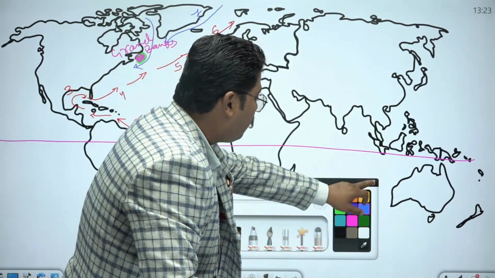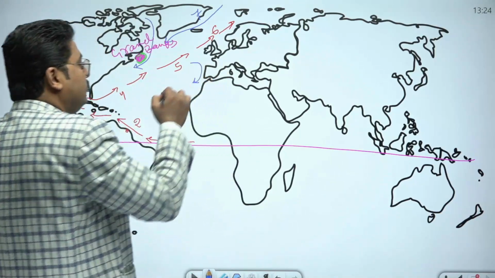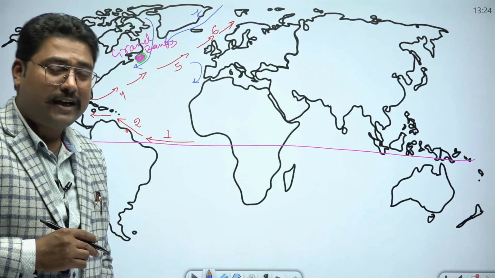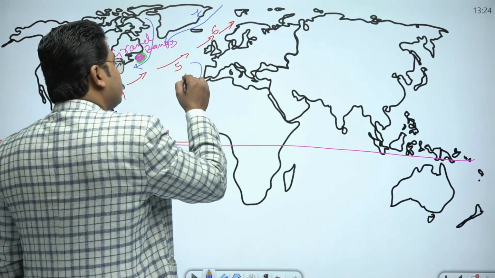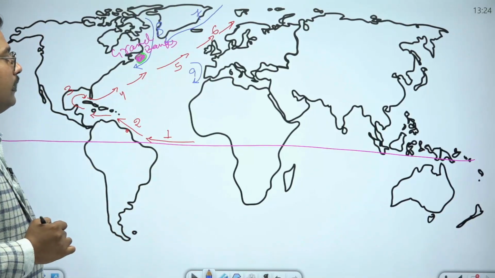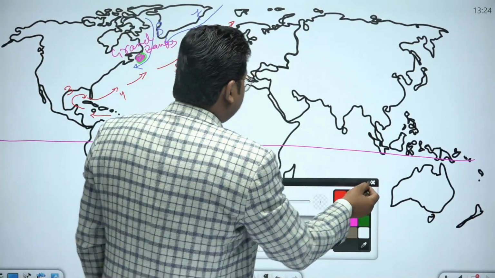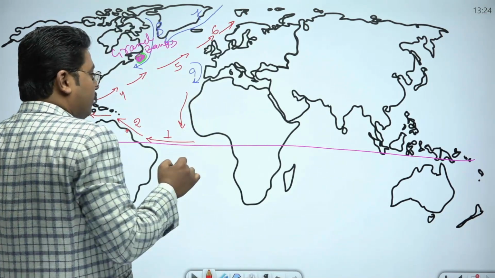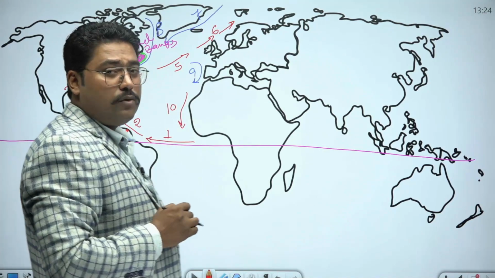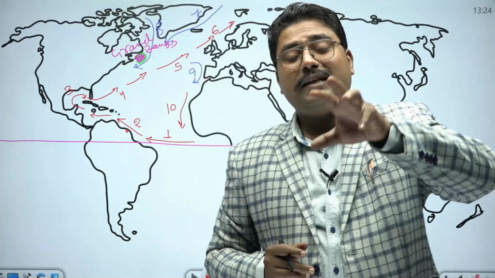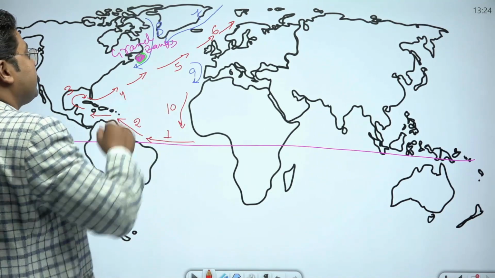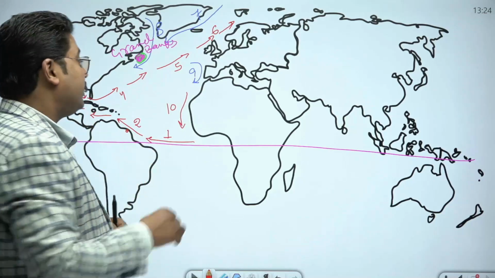Now from the western coast, currents come down, as we saw in the Coriolis force, the currents will move right of their path in the north and left of their path in the south from the west coast. That is the Canary current, number 9. Okay, and then after, when this current reaches the tropics from the coast of Guyana, it becomes the Guyana current, which is warm in nature. So there are 10 currents in the North Atlantic Ocean,